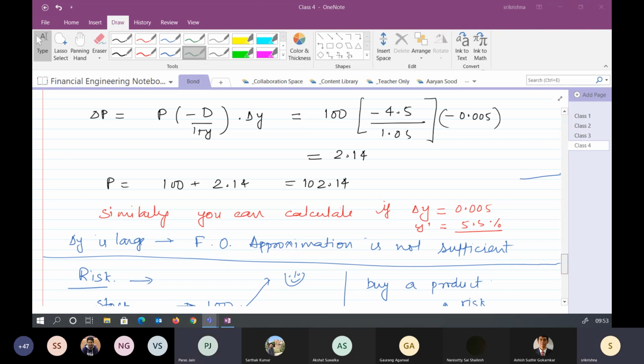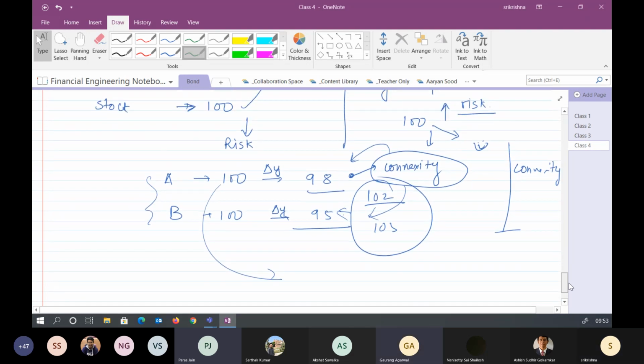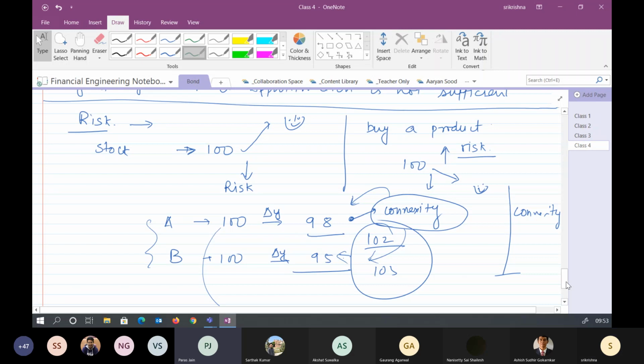So like in the last case, it is like higher risk for higher return. Which one? Yes, sir. This A and B, you mentioned 98 and 95. Again, I said that risk is associated with one part. When I'm saying that with the change, let's say this is a negative change, the interest rate has decreased. Just a minute.